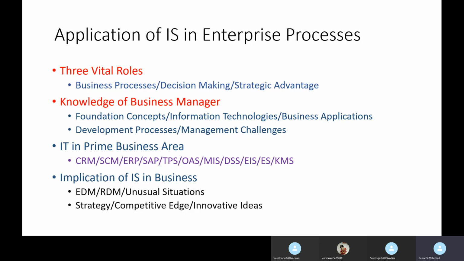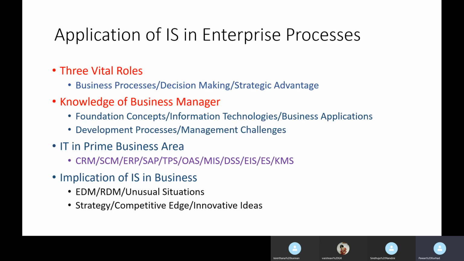Now let's see what is the implication of information system in business. Now we have seen what is the application of information system. Now we are seeing the implication of information system. In exam it may happen that your answers may be interchanged because of the wordings. Focus that it is not application, it is implication. In auditing of information system, there are two questions: effect of information system on auditing, audit evidence and audit collection, evidence evaluation, evidence collection. Now we are only talking about business.